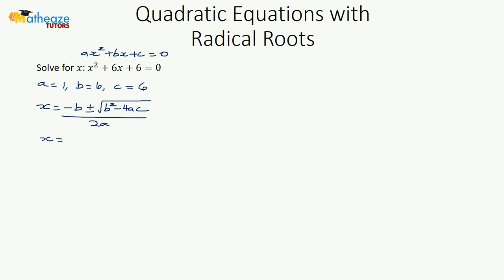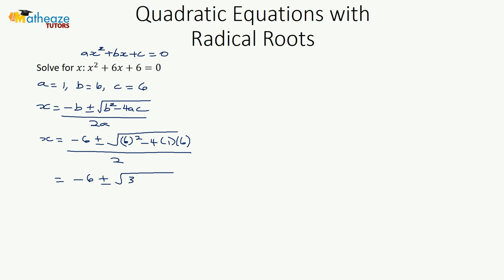X is equal to minus 6 plus or minus the square root of 6 squared minus 4 times 1 times 6, over 2, which gives us negative 6 plus or minus the square root of 36 minus 24, over 2, which is negative 6 plus or minus the square root of 12